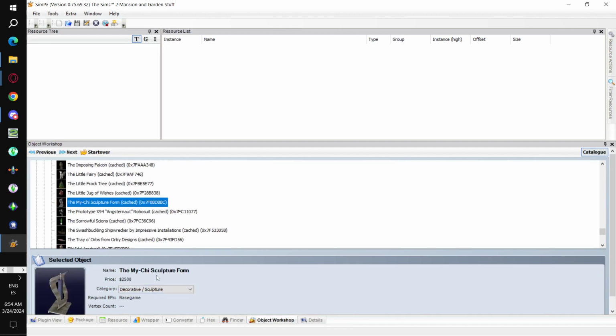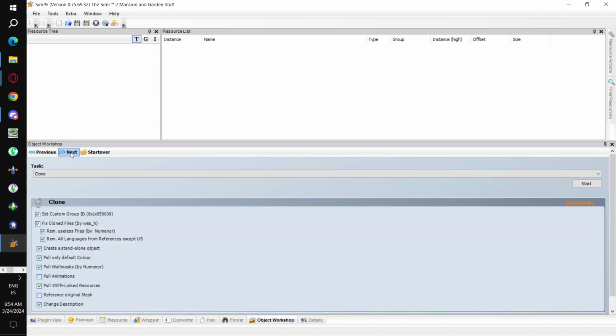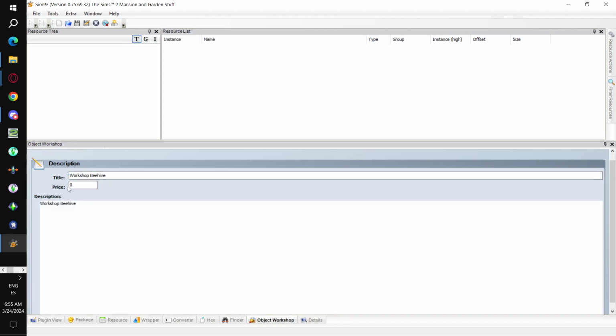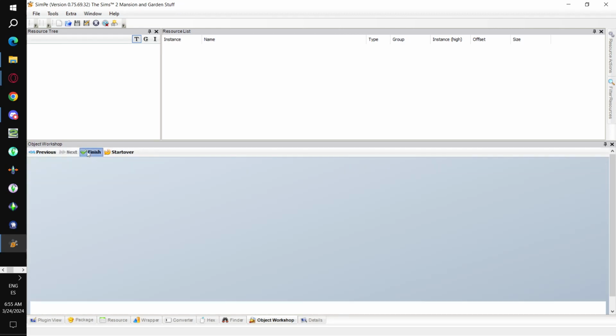We grab this Maichi sculpture form, we click Next, we clone, and I'm just going to call it Workshop Beehive. Paste the description here, set a price of 100, click Finish,